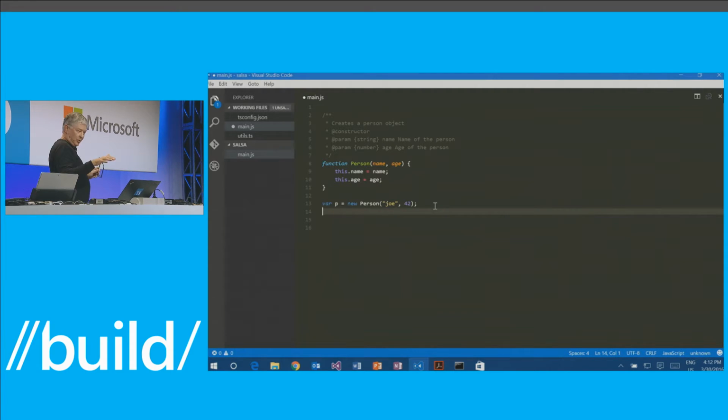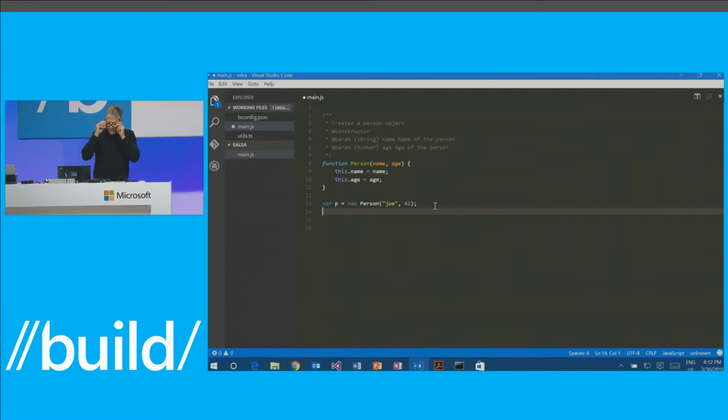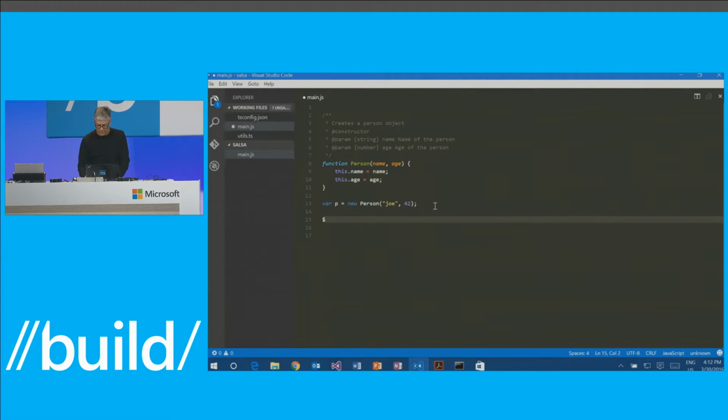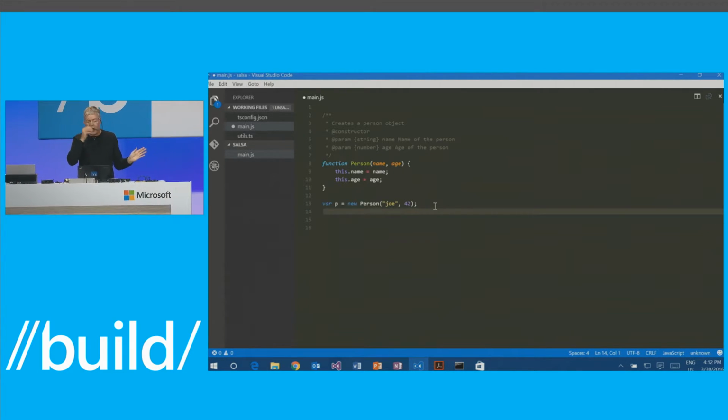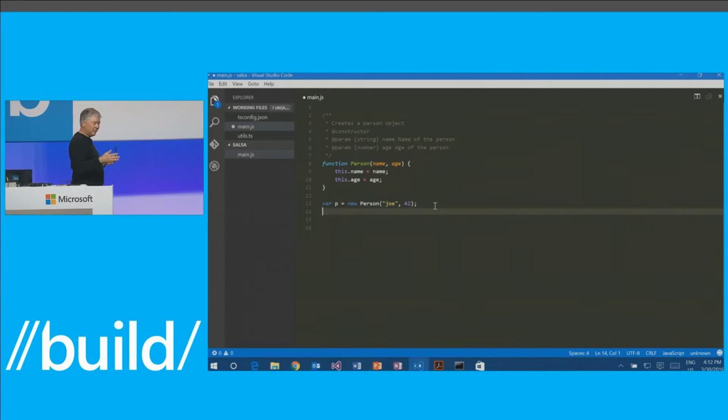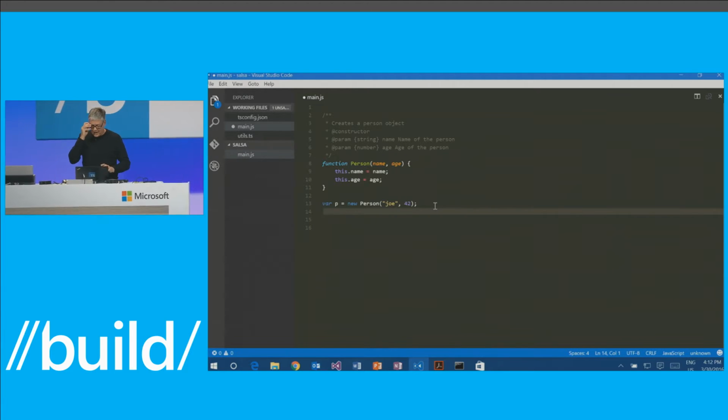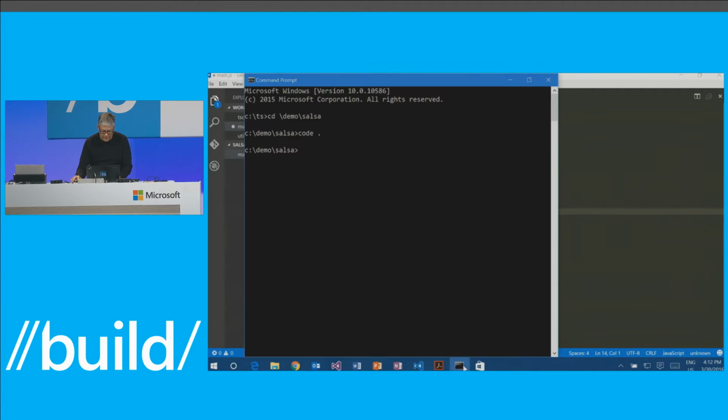Now, that's cool in and of itself, but where it gets really cool is, let's say I was going to use jQuery. Well, here's the normal JavaScript experience with jQuery, $. Oh, I think it's called Ajax. And then, oh gosh, I don't know. What comes here, right? I mean, that's hard to know. However, someone's already written down all of that information in a TypeScript declaration file. What if we could use that and serve up that information, even though you're in JavaScript, right? So let's try to look at how that works.